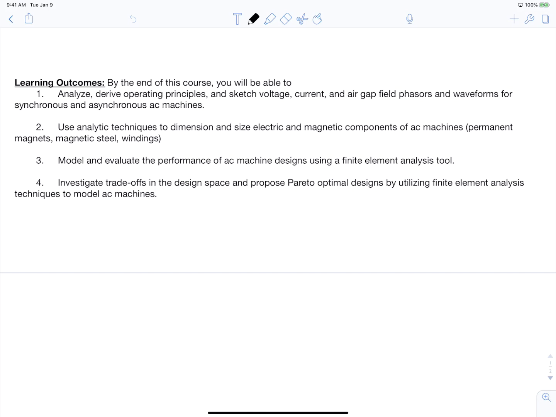And so dimensioning and sizing means that if you're told you need to create a certain amount of torque, you can come up with a rough design or a crude size design. You know how long the machine needs to be, what diameter it needs to be in order to achieve that rating. The third objective is that you will be able to model and evaluate the performance of AC machine designs